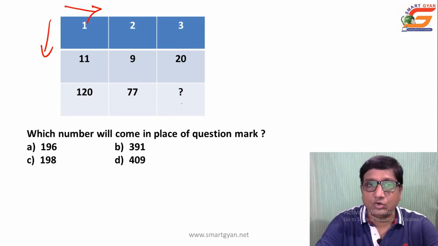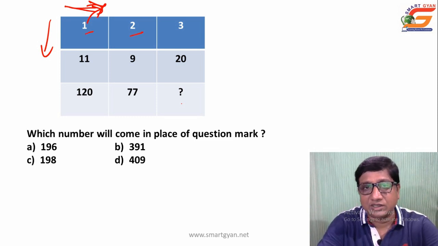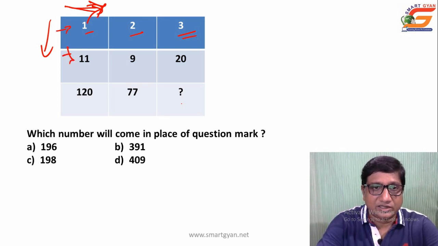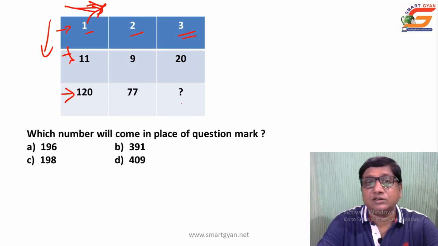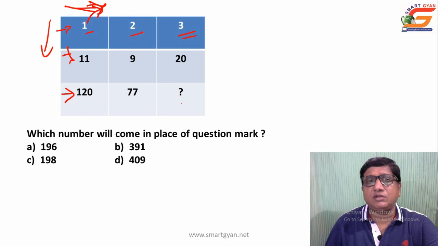Very important thing. If you think of this way, row wise, then first figure, second figure, there is some operation, and the third figure is the resultant figure. That's why we call this column the resultant column. If it is column wise, then first this one, then second this one, then the third one is the resultant column. So always keep in mind, sometimes the first and third may be the two operative columns and the middle one may be the resultant column. Yes, it is also possible. So you have to think of every possibility.